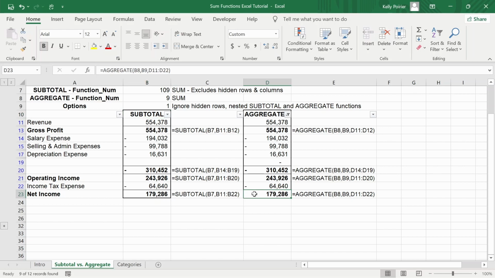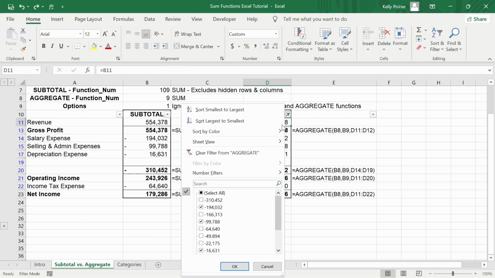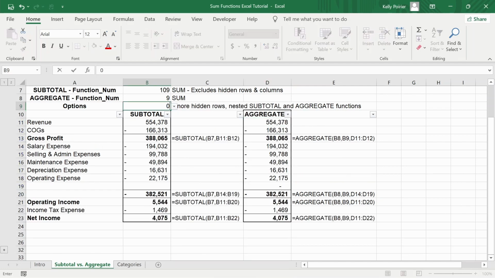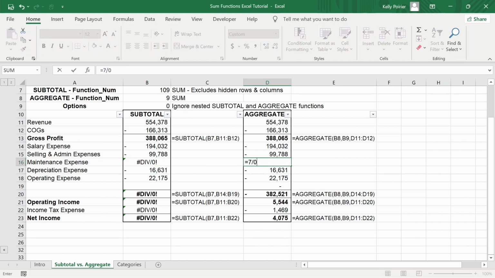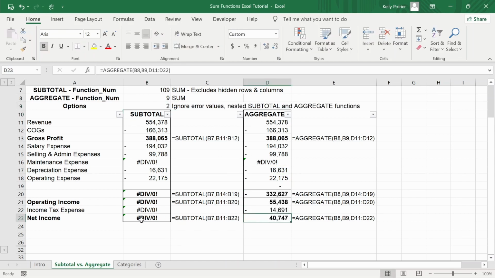The option 1 consists of ignoring hidden values in the subtotal and the aggregate functions. The new net income would be calculated as 179,286, as the formula would only consider the information that is visible in the datasheet. Let's now take off the filter and then apply the option 0. If for some reason there was an error, this error would be projected to the rest of the formulas. To avoid this, you would simply have to apply option 2. This option tells Excel to simply ignore the error value. This will result in the formula calculating a net income of